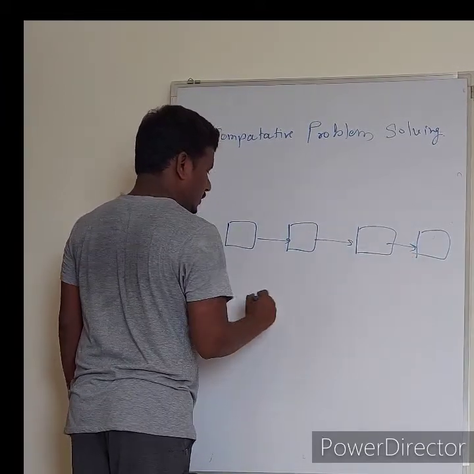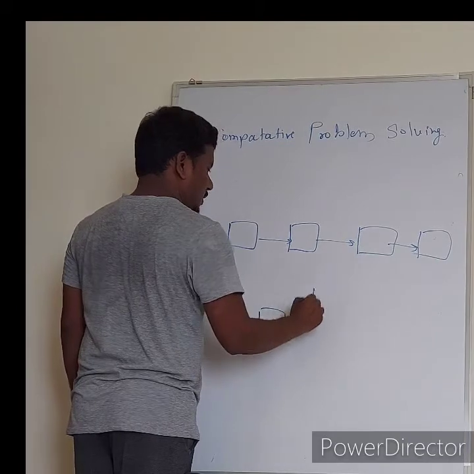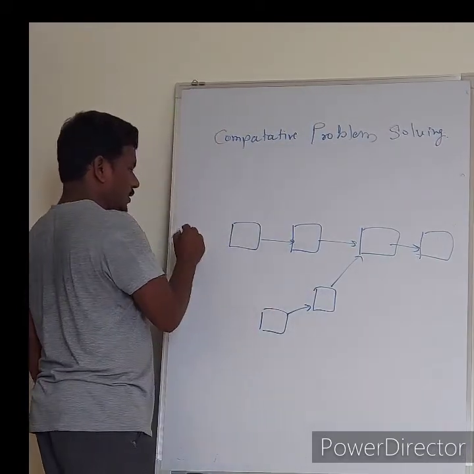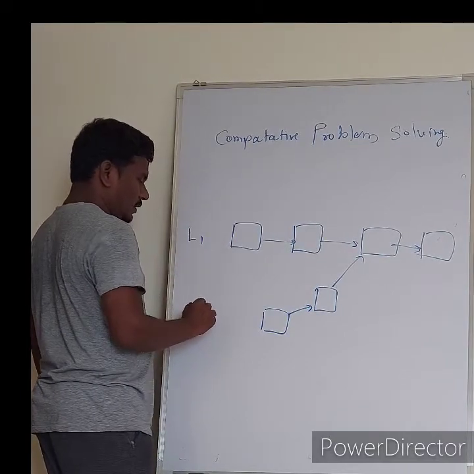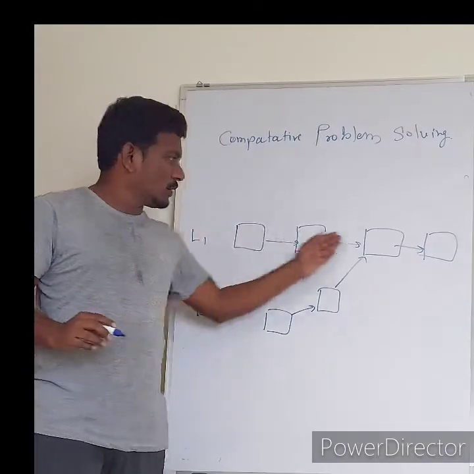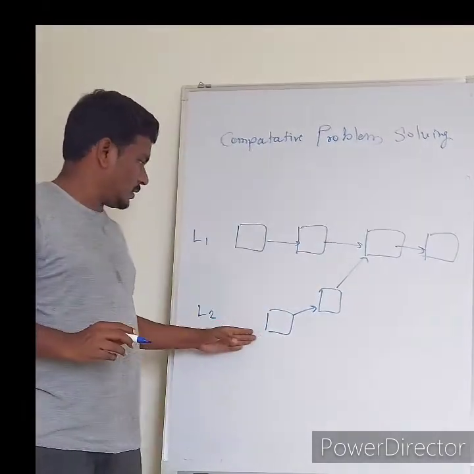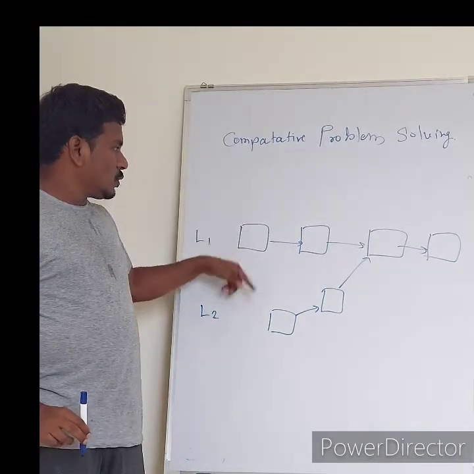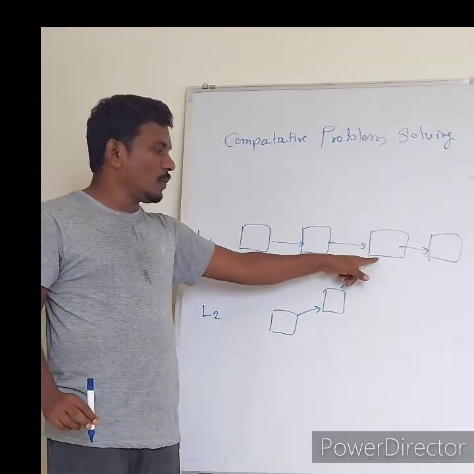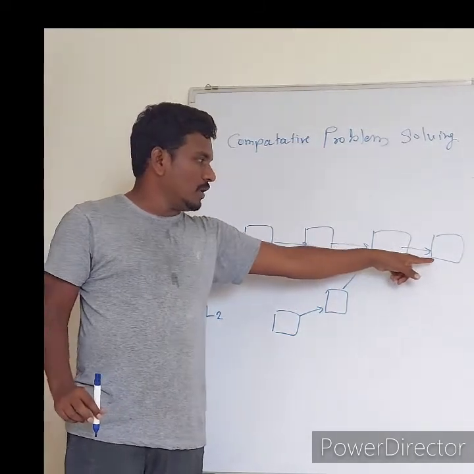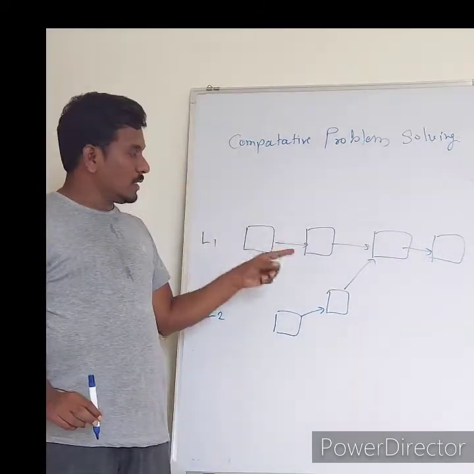So this is the first linked list, and a second linked list: L1 and L2. So these are the two linked lists. The first one goes like this and the second one goes like this. These two linked lists meet at some node, they merge together somewhere, and your task is to